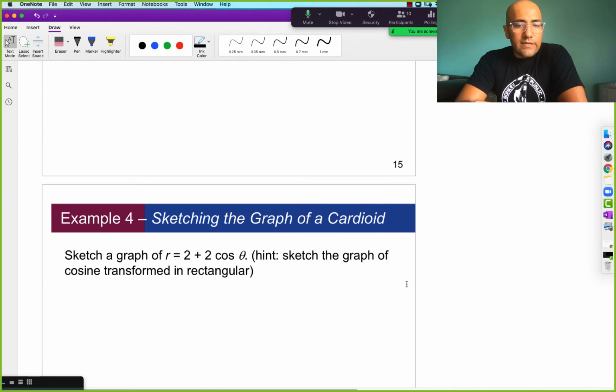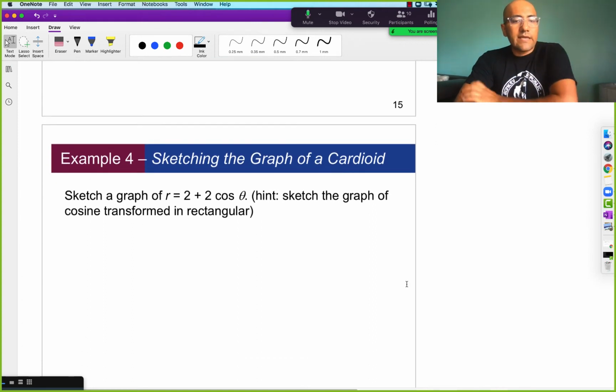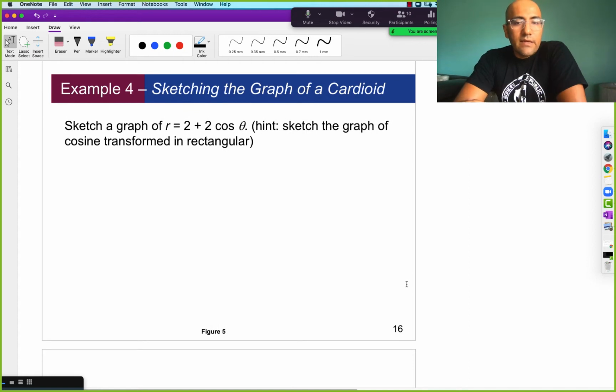Okay, let's look at an example. Sketch the graph of r equals 2 plus 2 cosine theta. Hint, sketch the graph of the cosine transform in rectangular. Okay, so let's look at this. We want